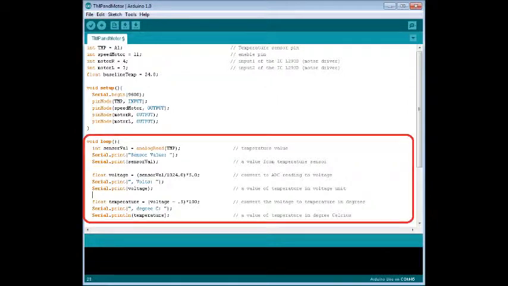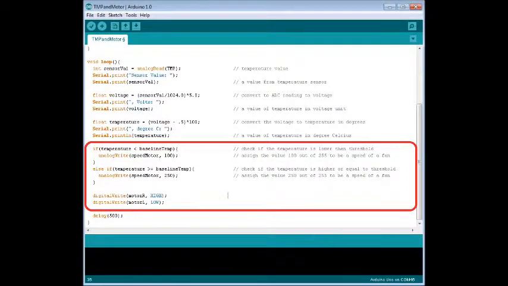After that, in the loop function, we initialize the variable named sensor value to be the value read from the temperature sensor, and then we convert the value we read from the temperature sensor to the voltage unit, and after that we convert the voltage value to the temperature value by this equation, and then we check whether the temperature is less than the baseline temperature, which is the threshold temperature,